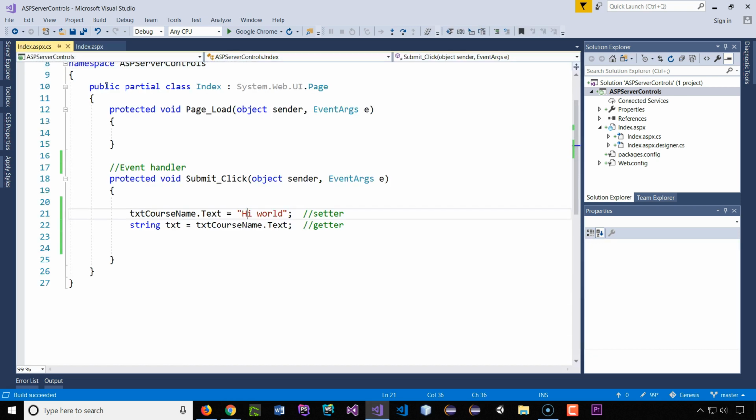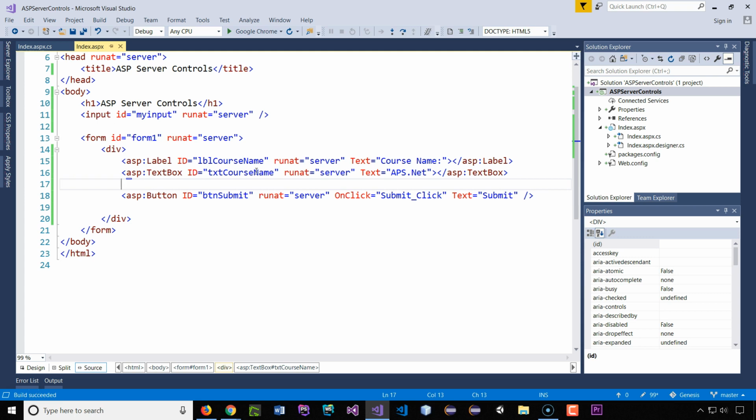Use the code behind file to access your data out here on the web page if it is a control that has runat server attached to it. If it's not, you can't. Okay, and there are some limitations as to what control you can or cannot use. Like this is a regular HTML element, but it's rendered on the server, so I can still access it, but I cannot use the text property. It does not have a text property there. It has the usual HTML value. So if I put a value here,